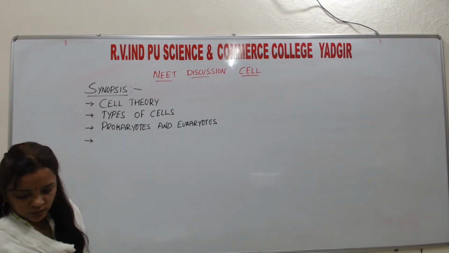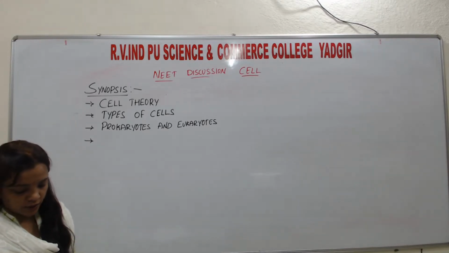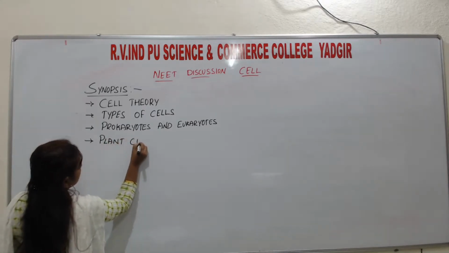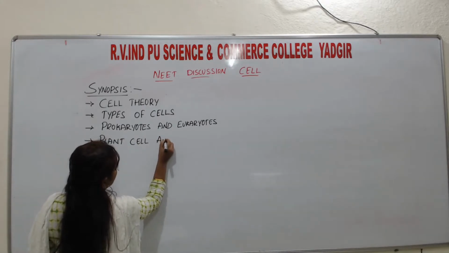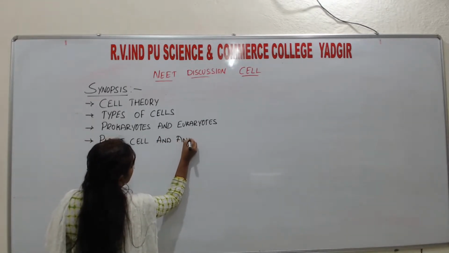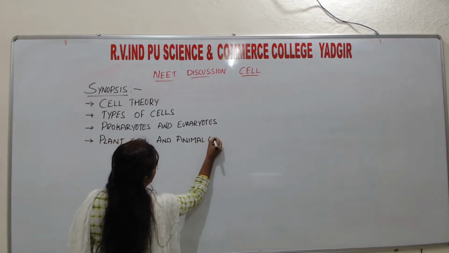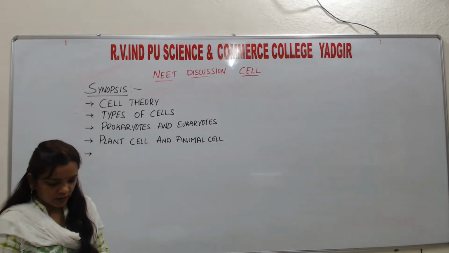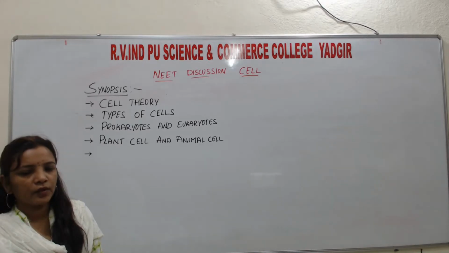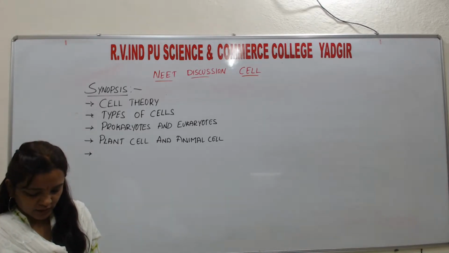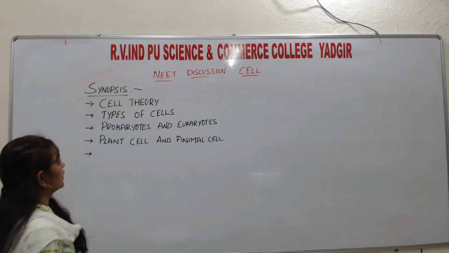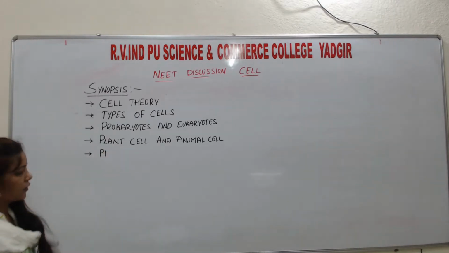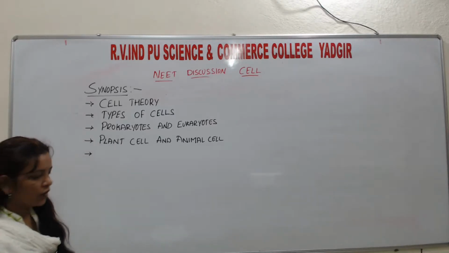Differences between prokaryotes as well as eukaryotes, and after that plant cell as well as animal cell. After the differences, one more important thing is the diagram of the plant cell as well as the animal cell. In prokaryotes, we have the cell wall discussion we are going to do. Cell wall,